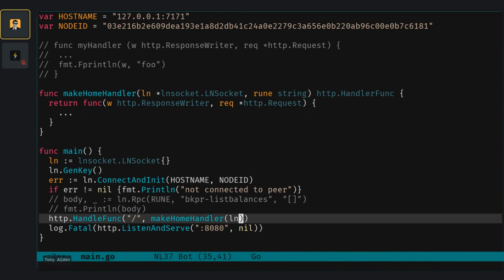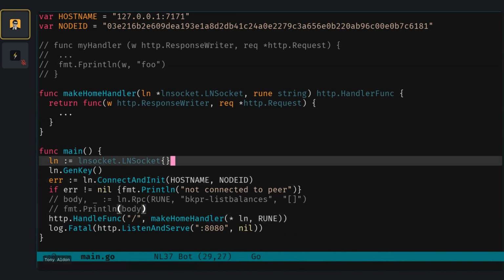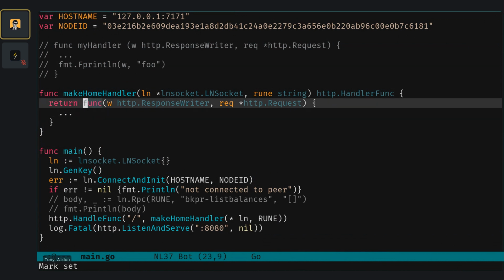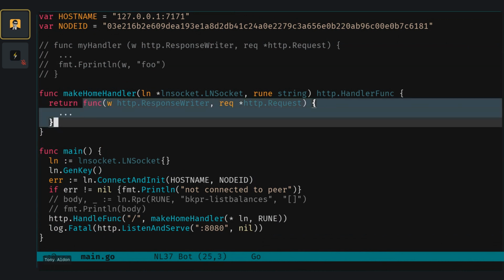LN. Maybe. Yep, maybe this is that one. Not sure for this one, but let's see how it goes. And we want to pass it also the rule. We are not going to use the rule right now, but what we return is a function with the characteristics that we have before. So